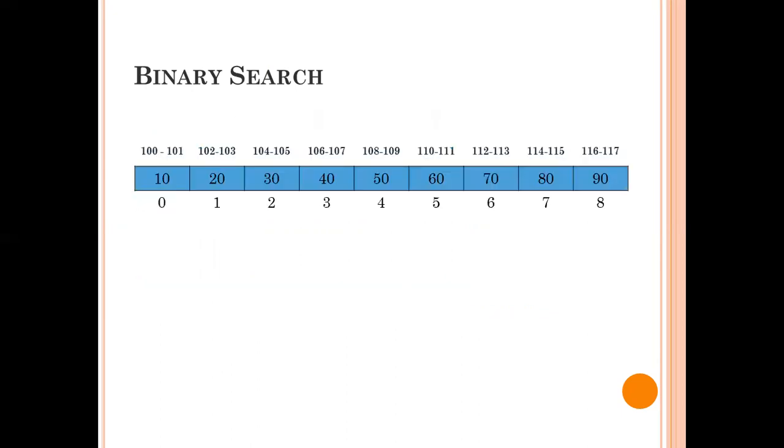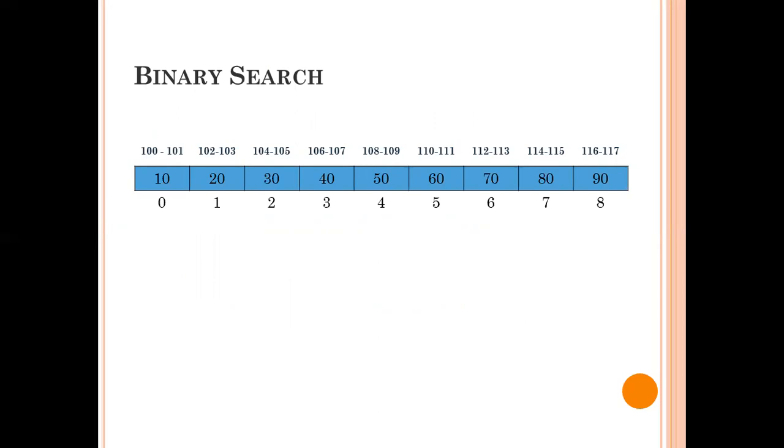And we are going to discuss binary search over here. Binary search starts with the consideration that the array is in sorted order. The array in which you are going to search for an element, in that array, all the elements are in sorted order. So this is the prerequisite of binary search.